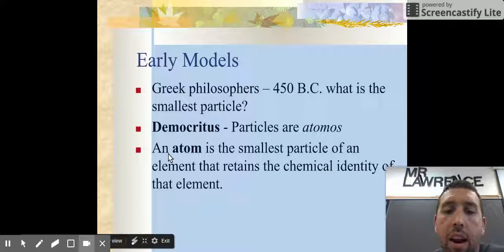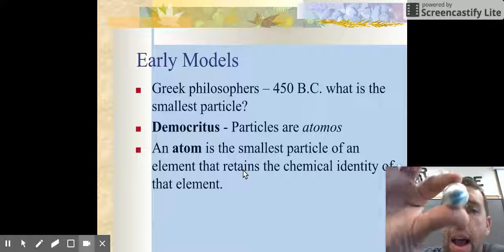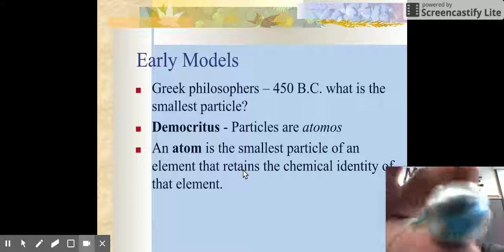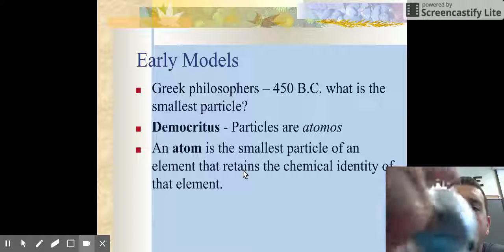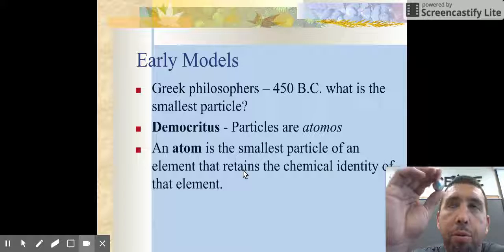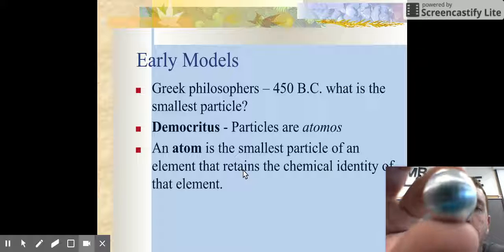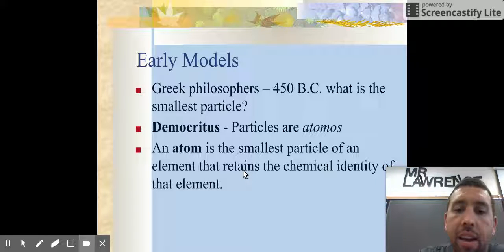Today you can see that an atom for us is the smallest particle of an element that retains its chemical identity. So again, in my hand I have a block of aluminum, so it's an element. But all throughout this are a bunch of atoms of aluminum. These are things that have 13 protons that stick together and clump up to form our block of aluminum. The atom is that smallest piece that gives aluminum its chemical properties: it makes it shiny, makes it lustrous, and makes it solid and hard at room temperature.